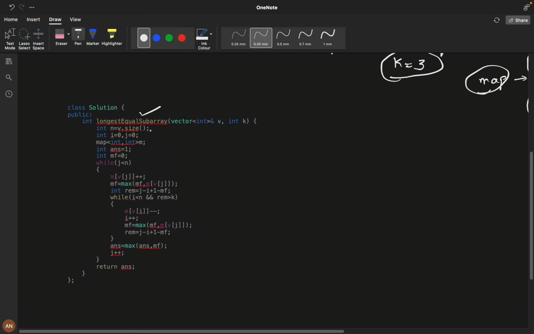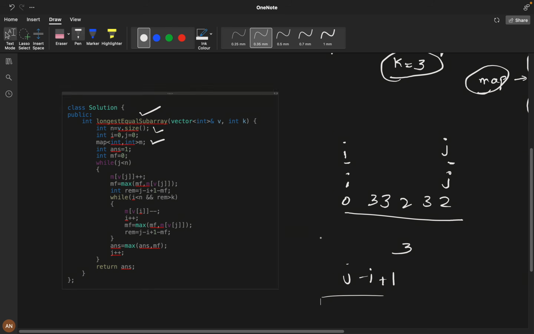So here you can see the function, and we have size and we are storing a map. From i to j, we will store all the elements, m of j plus plus, and here we are getting the maximum frequency. Suppose it is 0, 3, 3, 2, 3, 2, here the maximum frequency would be 3. And how will we calculate the remaining elements? Suppose i is here and j is here. j minus i plus 1 gives the total number of elements, minus the maximum frequency, which is 3. We will subtract 3. And if the remaining elements are greater than k,